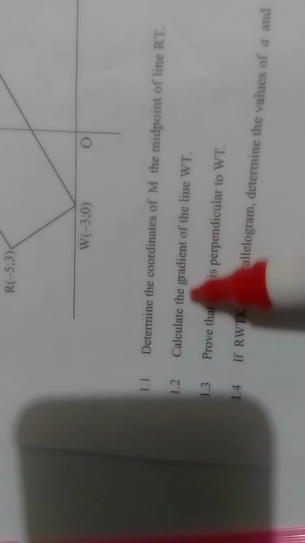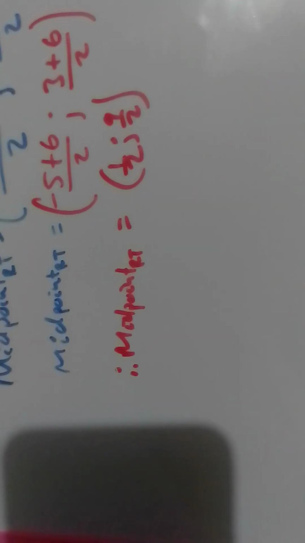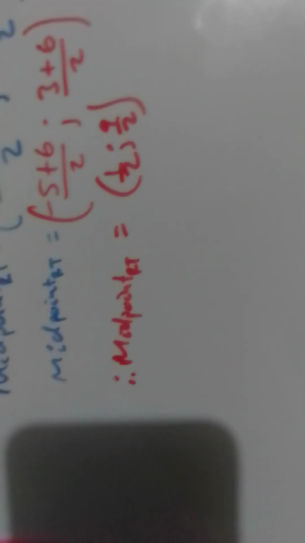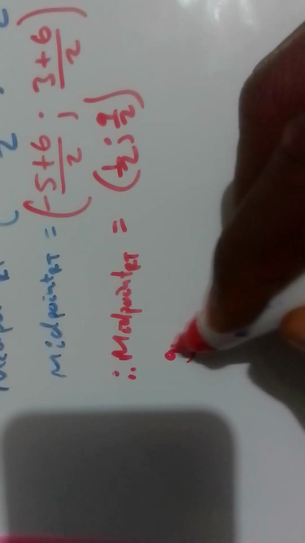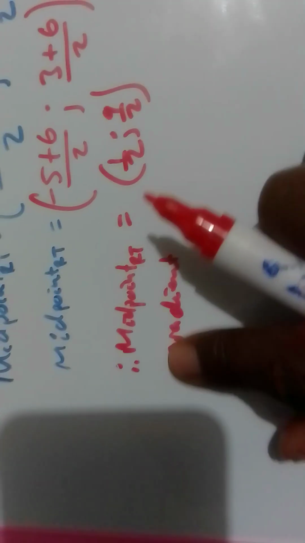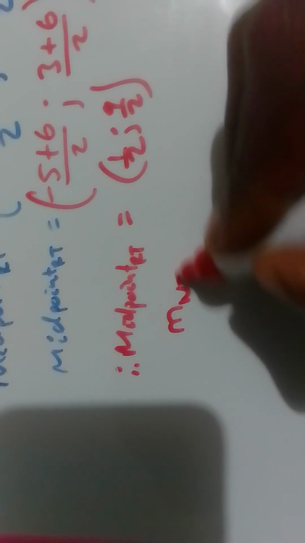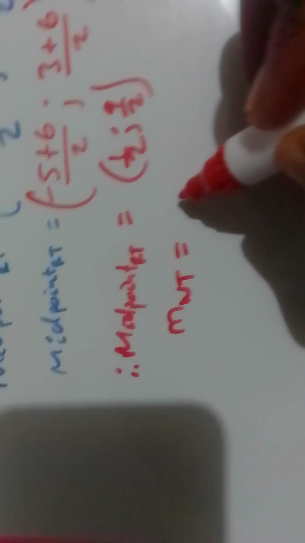The next question says, calculate the gradient of the line WT. This is point W and point T. Now, the gradient is the change of y values over the change of x values, right? So we now say gradient of line. Actually, you don't have to write gradient. The letter M represents gradient. So we say M, the gradient of WT, is equal to,